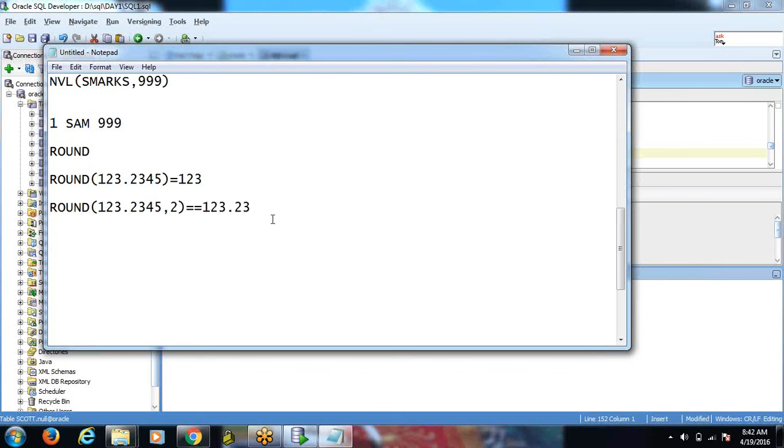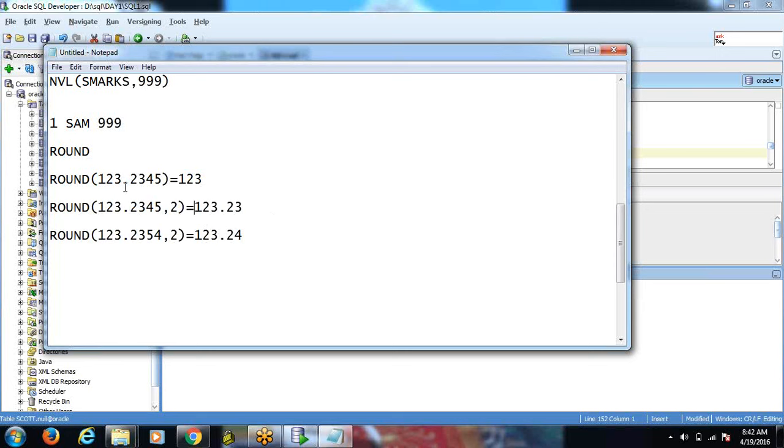Okay, now let us see another function, round of 123.2354 comma 2. Now what is the output? 123.24. Any difference you observed between these three?